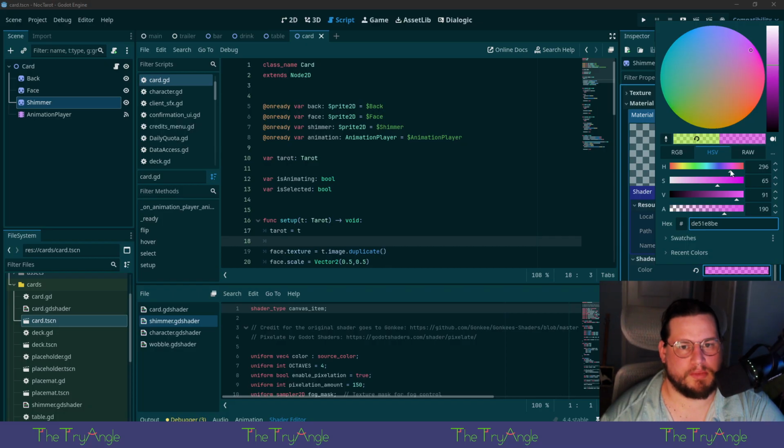Maybe like a purple? Let's see how this is.